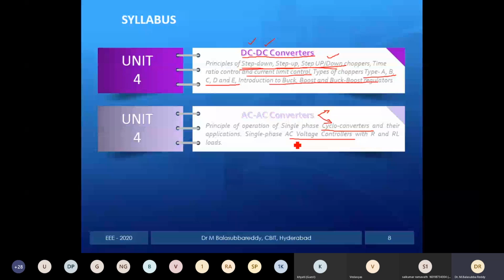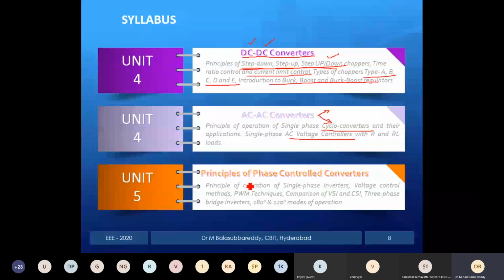So this is the fourth unit, and now we'll see the fifth unit. This one is the inverter. In this unit we have different types of inverters. There is the bridge inverter, classified as half bridge inverter and full bridge inverter, as well as another classification based on the input, single phase inverter and three phase inverter.